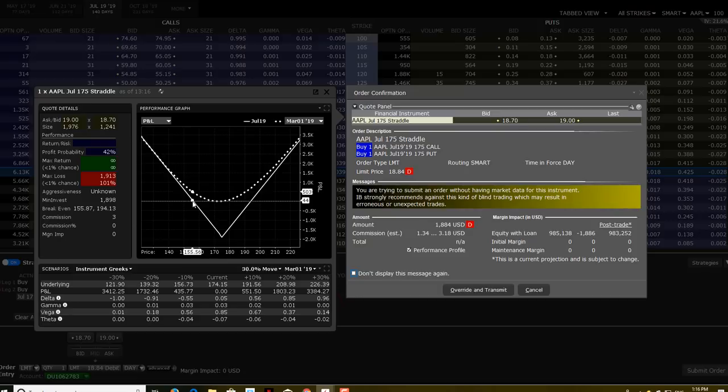So when price goes above or below either of those thresholds, we expect one side to increase in value while the other side loses value. Hopefully the increase in value mitigates the loss in value. You can see right here,